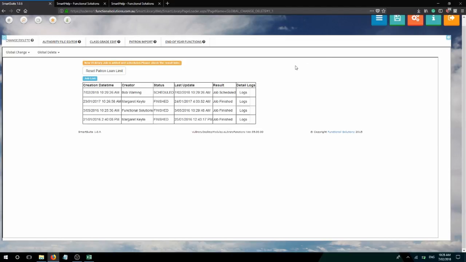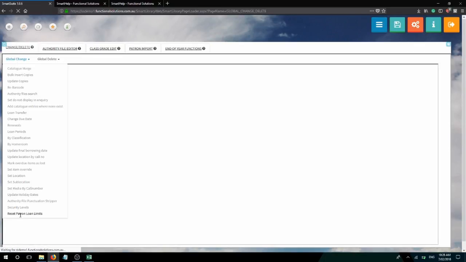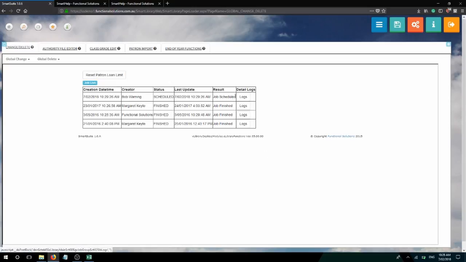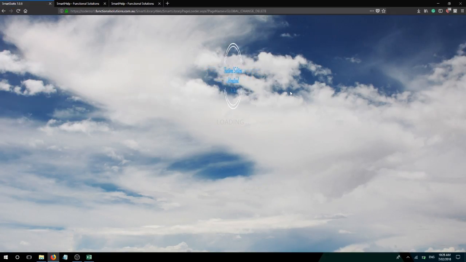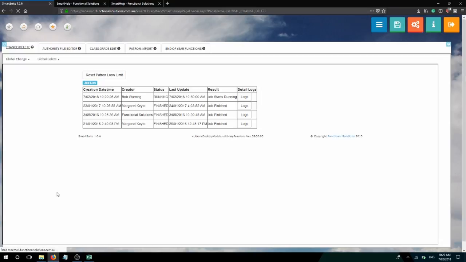Again, same as with your patron import, you don't want to confuse the system, so just go back to menu, global functions, select your global change, reset patron loan limits. Our job is still scheduled, so it hasn't picked up yet. As you can see, our job starts running. Now if we reload once more,